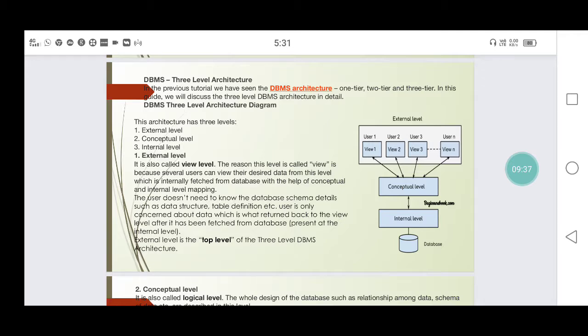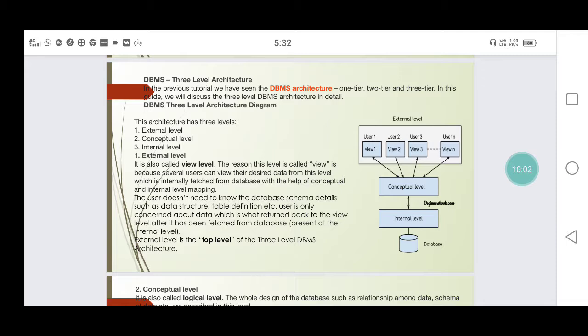One is the external level, another is the conceptual level, and the last is the internal level. The lowest level is the internal level. The external level is also called the view level. Those who are using the database management system are at the view level.